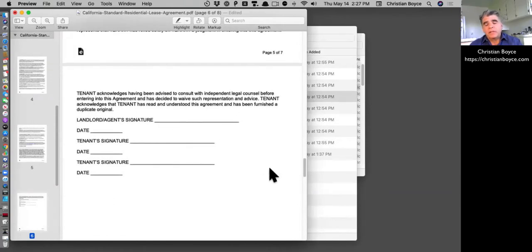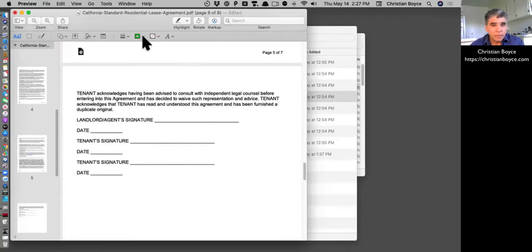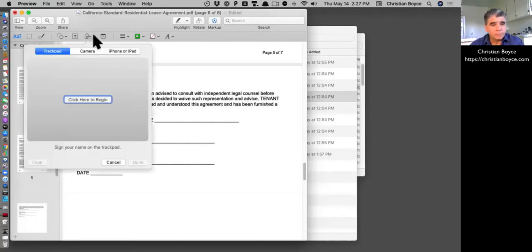Okay. This happens all the time. It happened yesterday. I had somebody ask me, how do I sign a PDF? Well, what you do is you use the tools that are in the markup here. They include a signature here. Okay, this one that looks like a big J. Well, if you click here, when you've never done this before, you get a box like this that's asking you